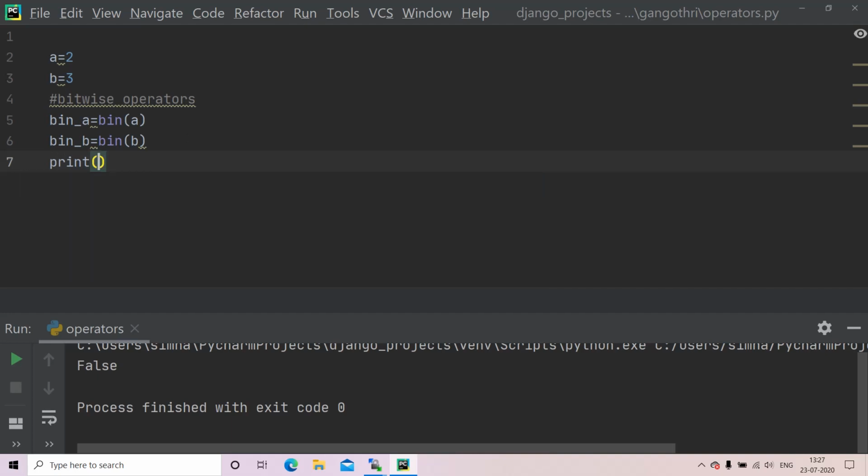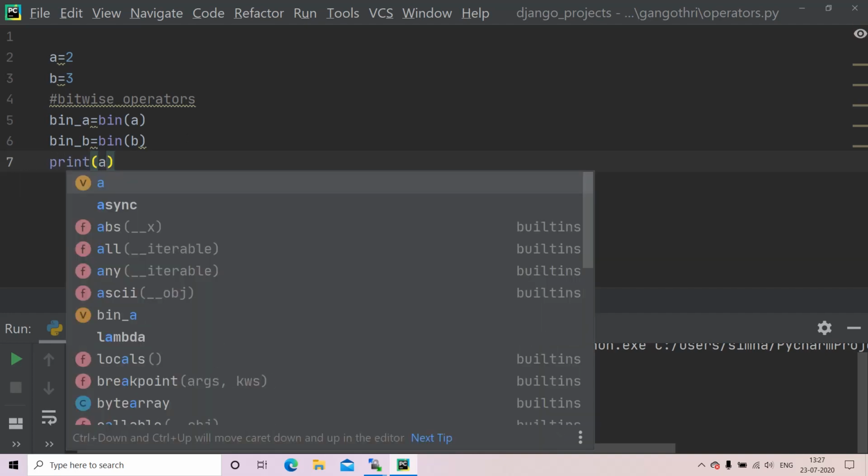Now I'll try to print A and B. Here, to work on bitwise operators, we do not actually need the binary function, but to show you what actually happens, I'm using the binary function here.